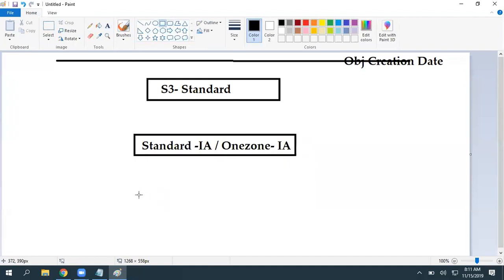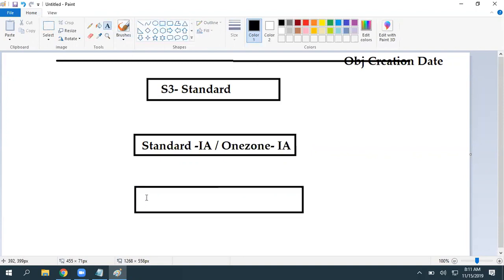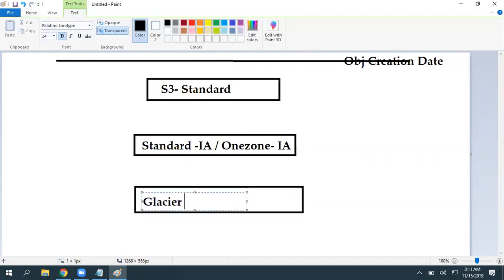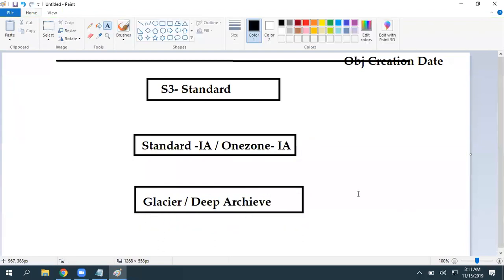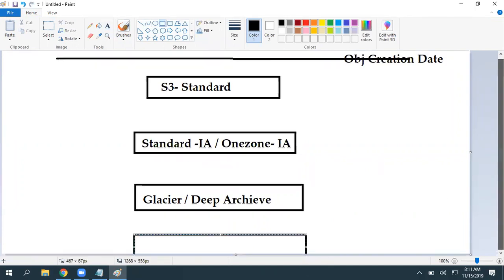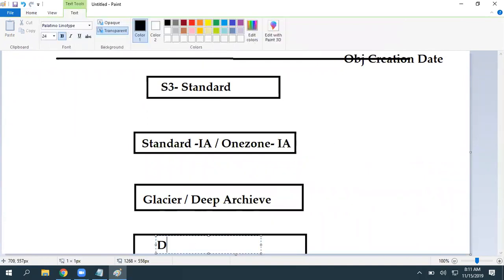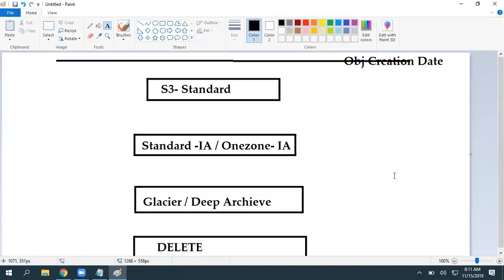Again, after some days, you decide to move it to Glacier or Glacier Deep Archive, not just Deep Archive. And at some point you want to delete it, right? So you even want to delete it. Delete option.